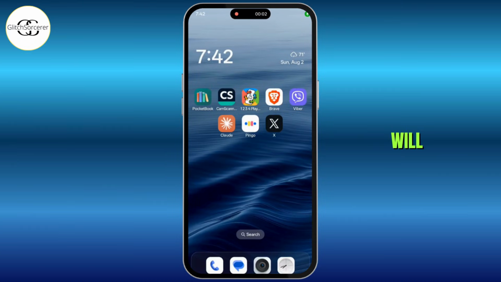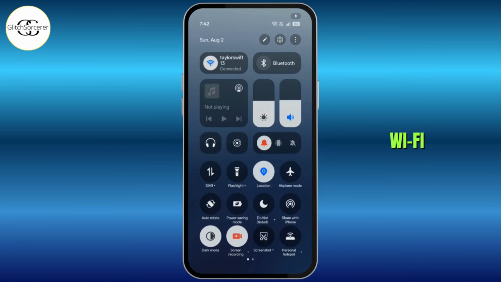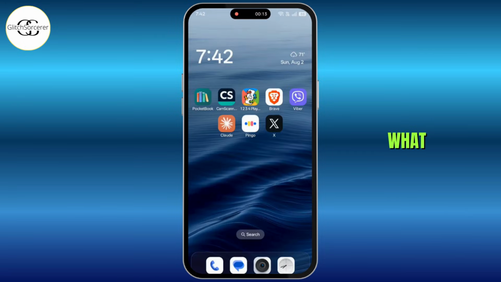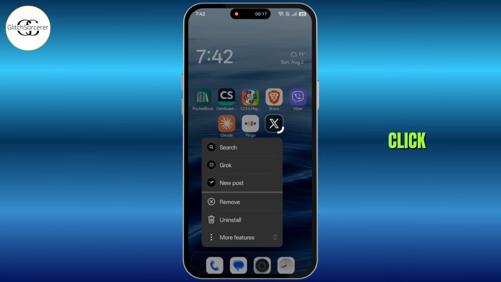In this video, I will show you how to fix X login error. So if you're facing such an error, first of all make sure that you're connected to a stable Wi-Fi connection. After that, what you can do is simply click and hold on to the X icon, then click on more